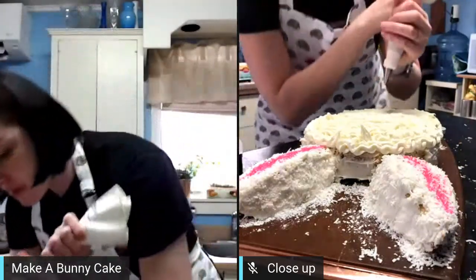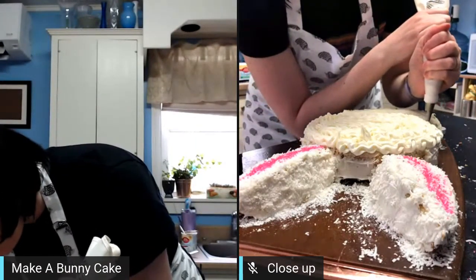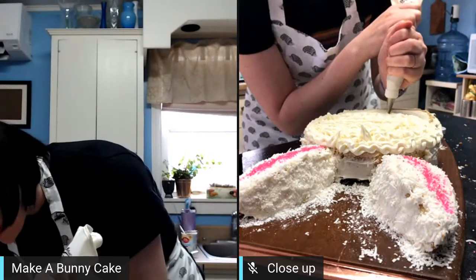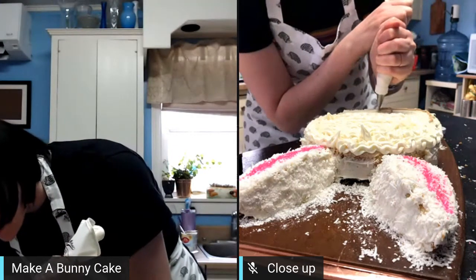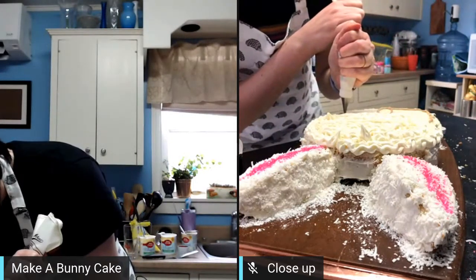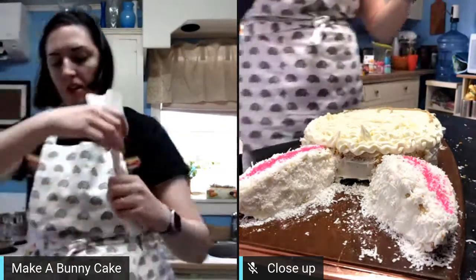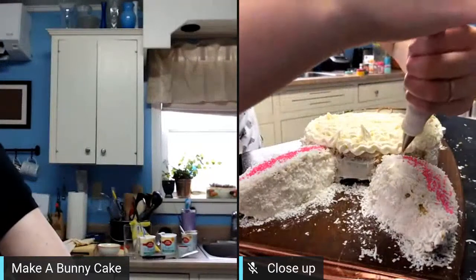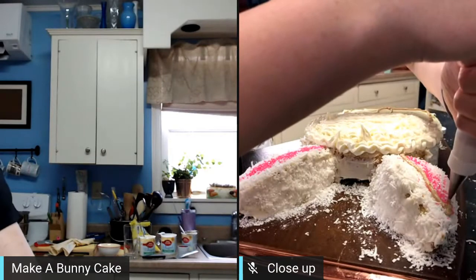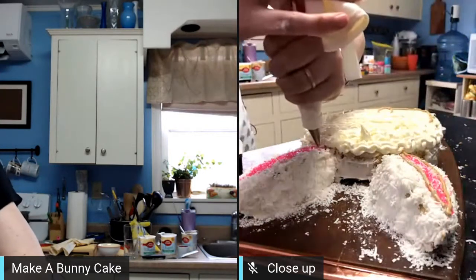I'm going to outline my bow tie. So I'm going to not go right to the very edge. And I'm going to put that little circle in the middle that you would have on a bow tie, just because I can. But you do your bow tie however you like. And then I'm going to come up here and try to outline these ears. Really should have done this before adding all that coconut, but